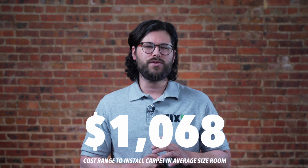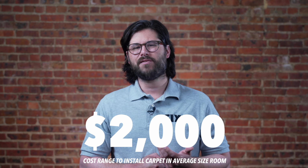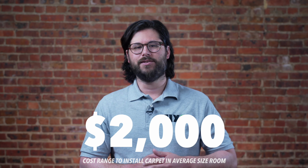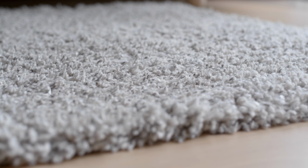If you're looking to install new flooring that's comfortable and affordable, you should consider installing carpeting. Prices typically range from $650 to around $2,000 for an average size room. But it depends on a variety of factors. Let's get into it. Determining the cost of a new carpet heavily depends on how much space you're trying to